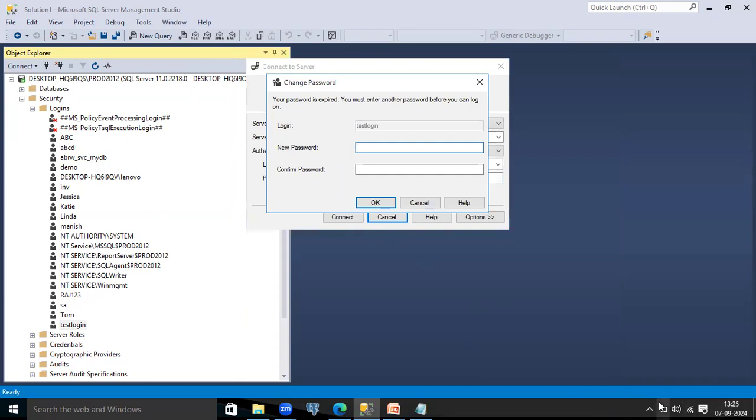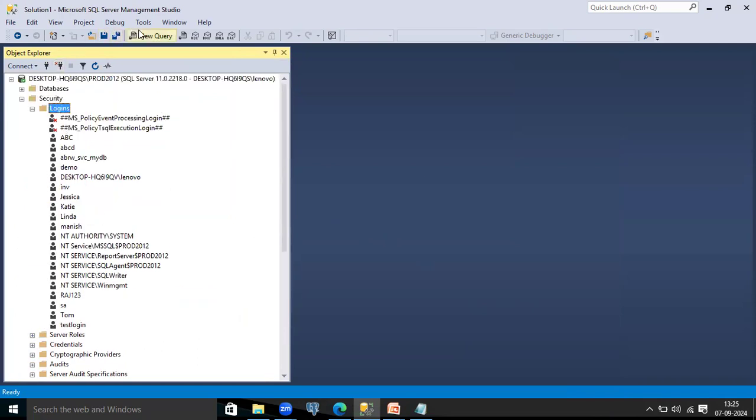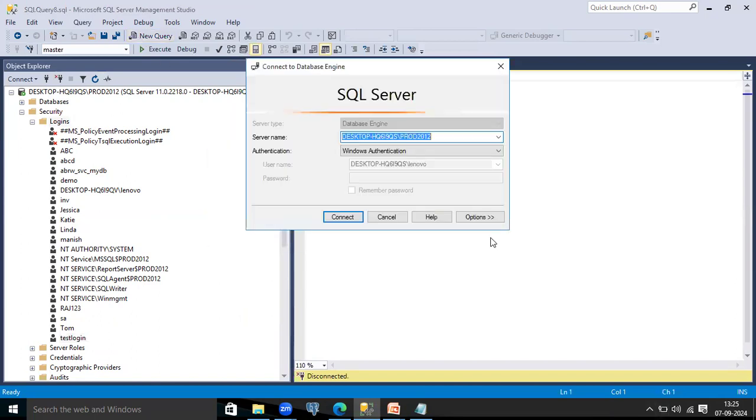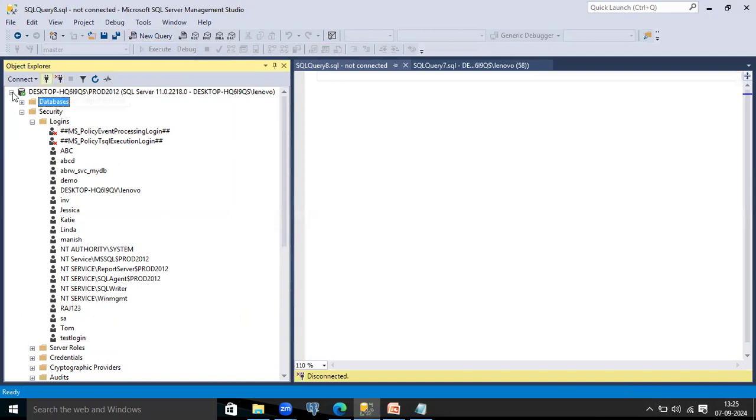Okay, it's asking for a new password, because I have not unchecked that. So I have corrected it through test login. Already I have the trigger. If you see, if I'm creating one session, it is failing, right? It's not allowing me to make more than 3 connections. But what will happen for